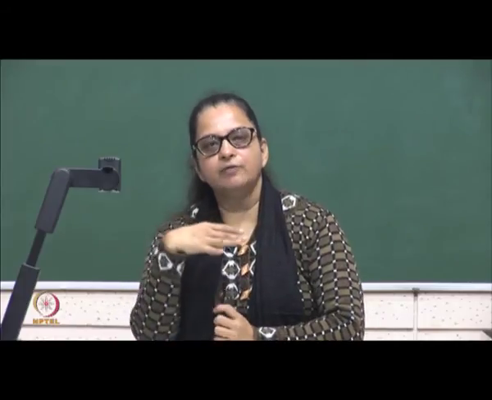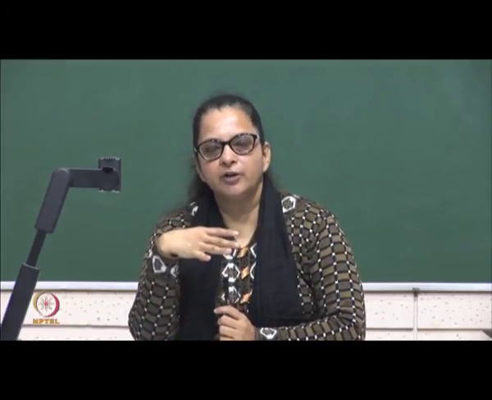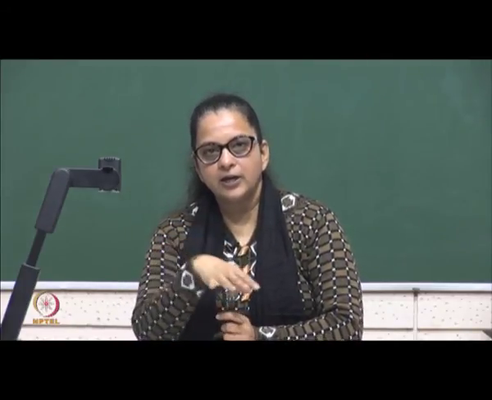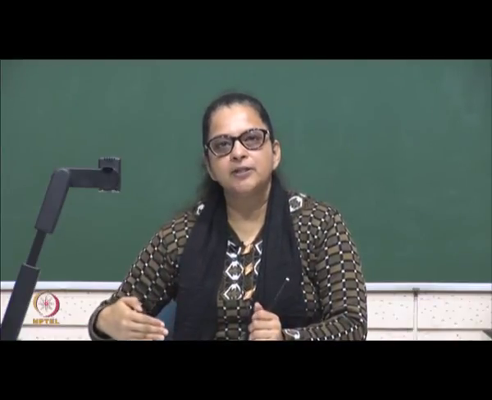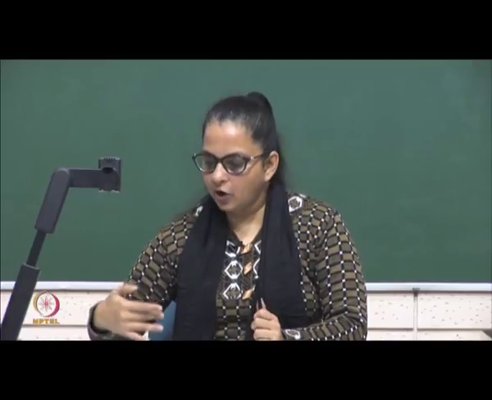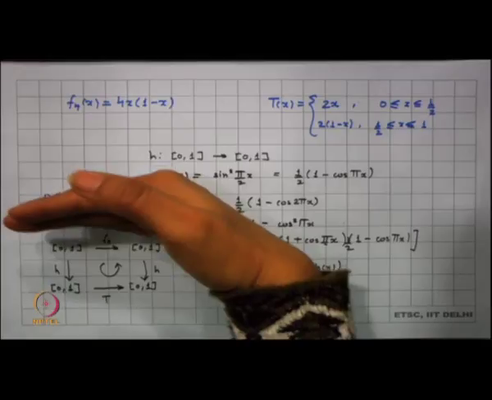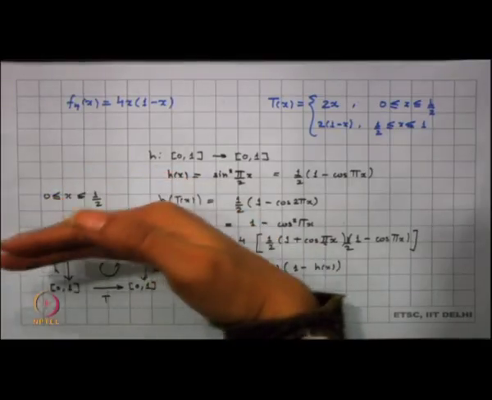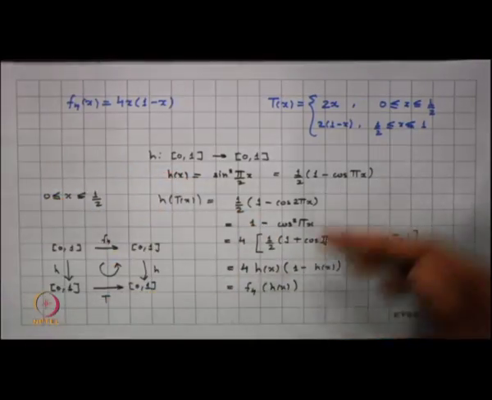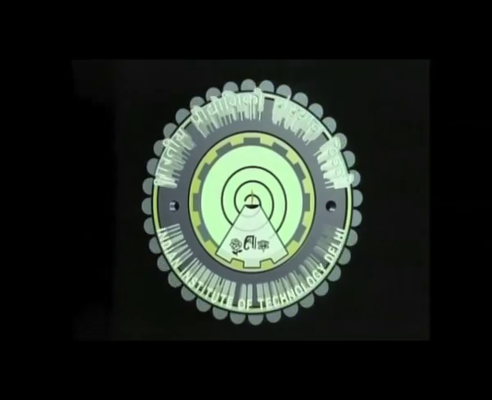Now, we have already seen what the dynamics of the logistic function is when alpha equals 4. It is highly unpredictable there, and hence we can say that the tent map displays the same dynamics. The orbits of the tent map basically correspond to the orbits of the logistic map when alpha equals 4, and they have the same dynamics. We stop here today.